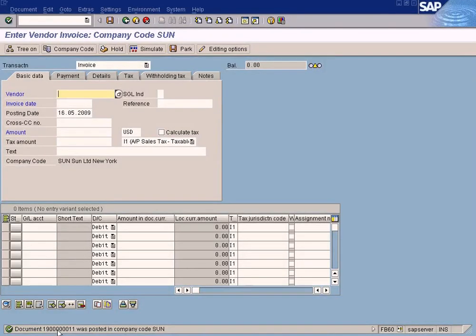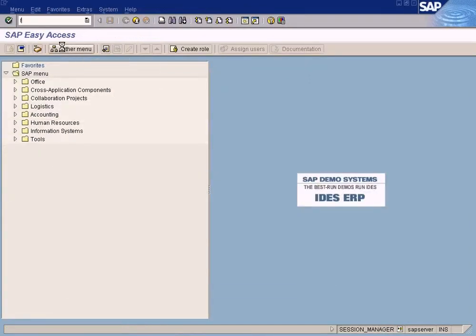This is the document, invoice document 1911. We go to F53 now